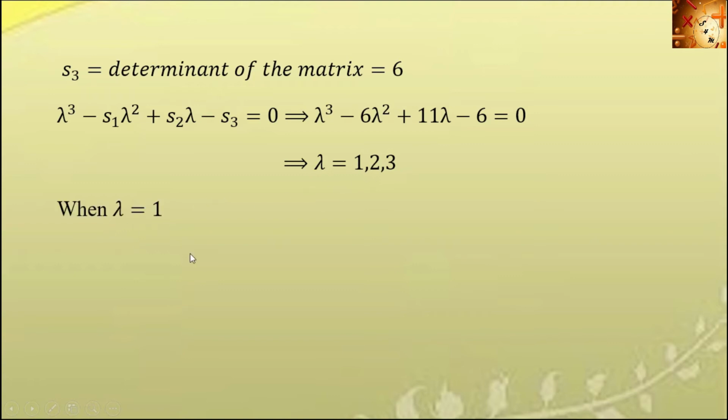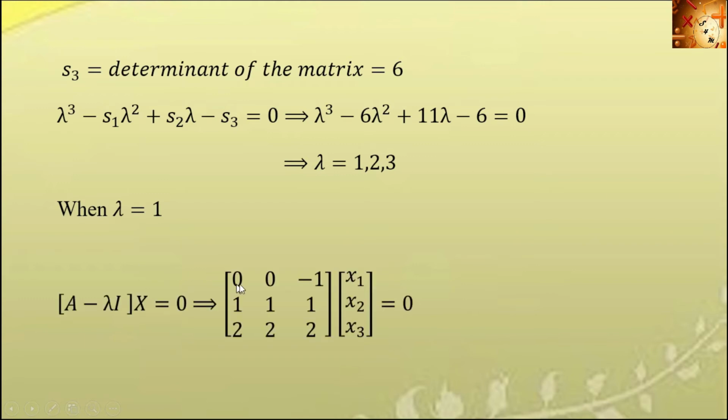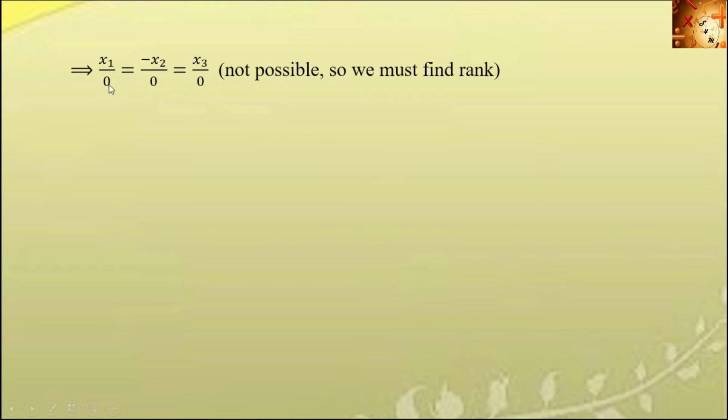First of all, lambda equal to 1. So (A minus lambda I) x equal to 0 will be [0, 0, -1; 1, 1, 1; 2, 2, 2] times x. Here it is a 3 by 3 matrix, so we need 3 vectors, x1, x2, x3, equal to 0. Let's see what about the values. Here x1 divided by 0 equals minus x2 divided by 0, that is equal to x3 divided by 0,